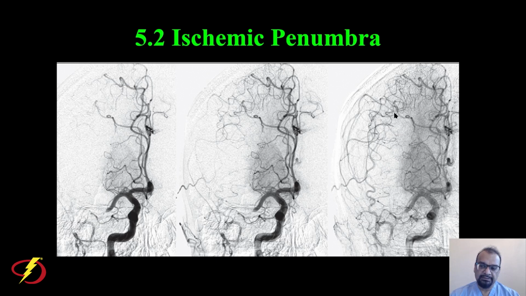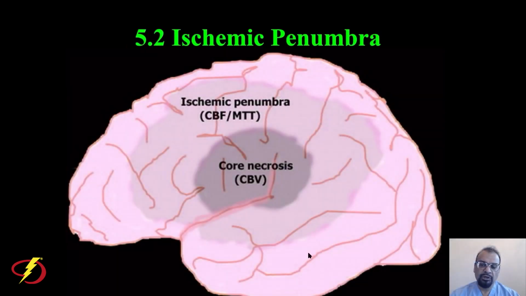This is the collateral circulation, and the tissue it supplies, again, is called the ischemic penumbra. Remember, core infarct is irreparably damaged, dead brain tissue. The ischemic penumbra is threatened but not yet dead brain cells. Our goal for acute ischemic stroke treatment is to restore blood flow to this penumbra and save this threatened region